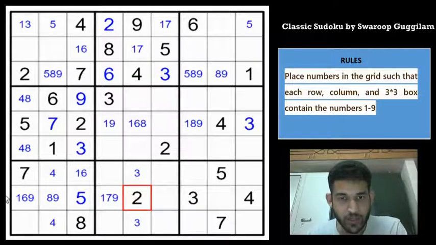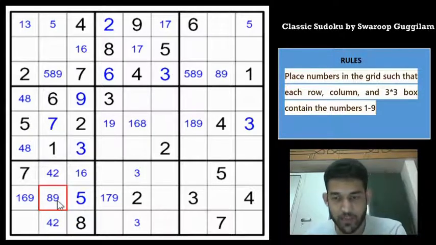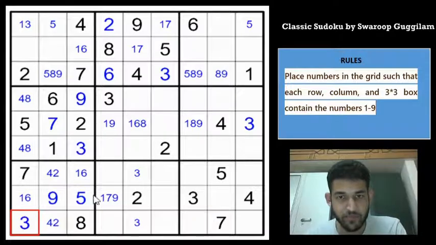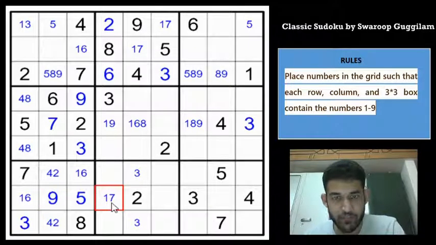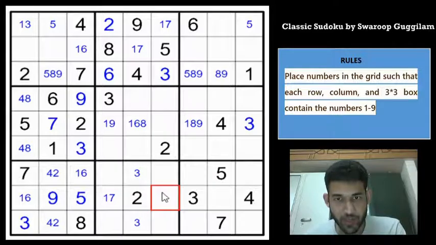Okay, 2 is in row 8 and 2 is in column 1, which means that 2 must be in one of these two cells in box 7, right? And now you can straight away eliminate the 8 from here, right? This can only be a 9 because 8 is already in that box, so which means this is a 1 and 6 and this must be a 3. And this 9 removes the 9 from here, and we can try to place some digits, maybe 2, 3, 4, 5 and 9, so 1, 6, 7 and 8, and this must be 1, 6 and 8 because 7 is there.